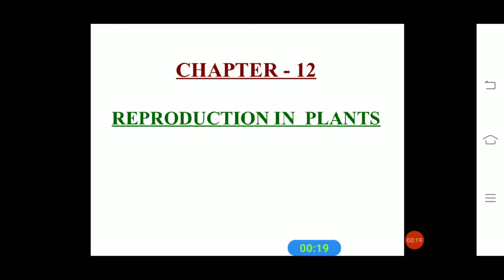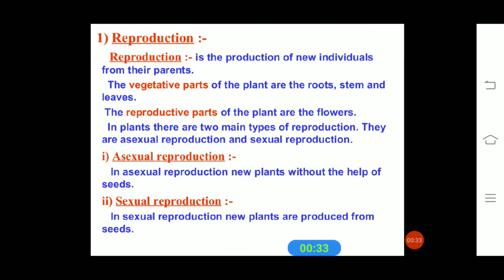Students, today let us start a new lesson, lesson number 12, reproduction in plants. It is part of biology. So students, what is meant by reproduction? The process by which new individuals are produced is known as what? Reproduction. Okay. So reproduction is one of the important life processes and is essential for the continuity of species, unlike